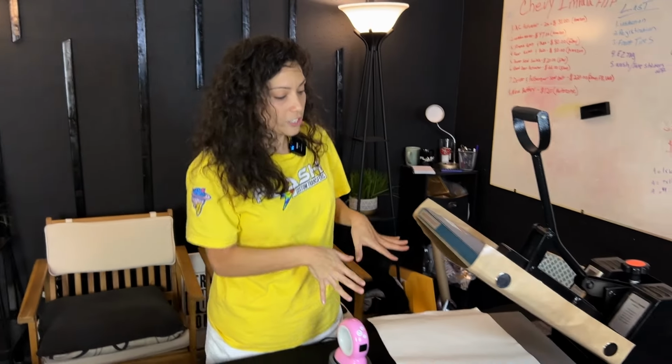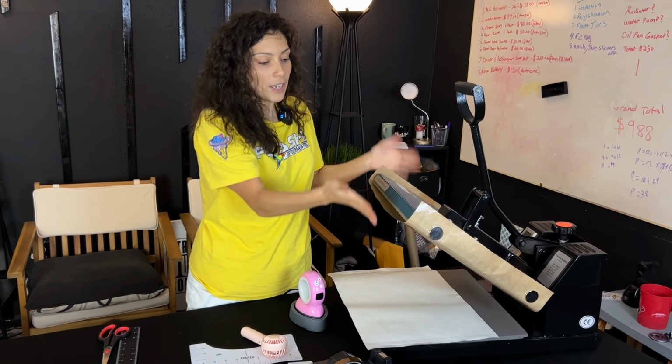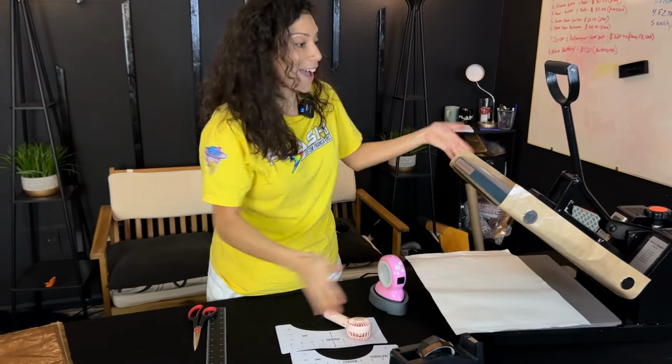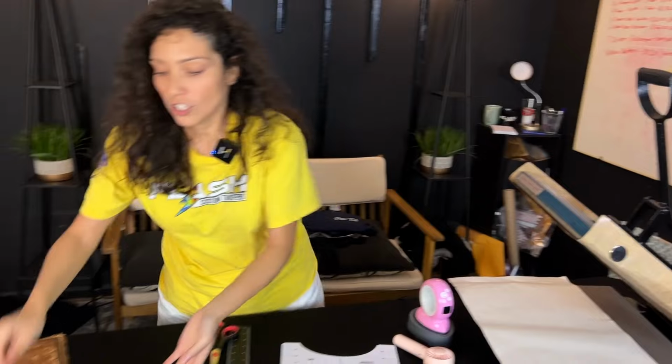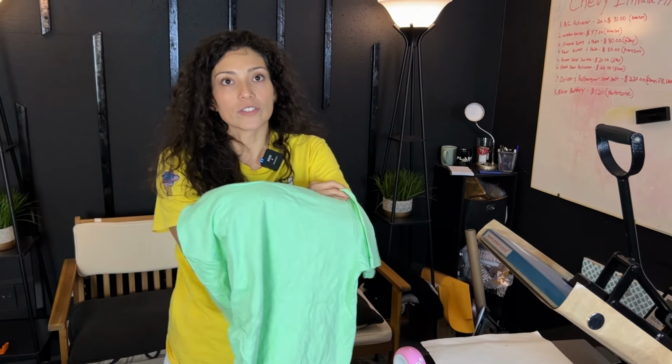Next thing we are going to need, so we have our covers, we have our heat press, Teflon sheet, T-seal. Magnets, those will be on there as well. And of course, our t-shirts. So our apparel, these DTF transfers